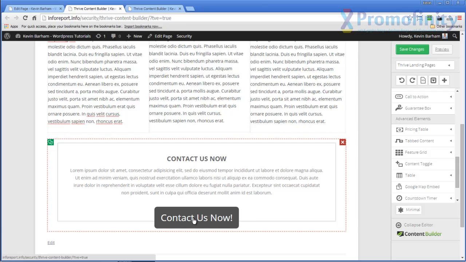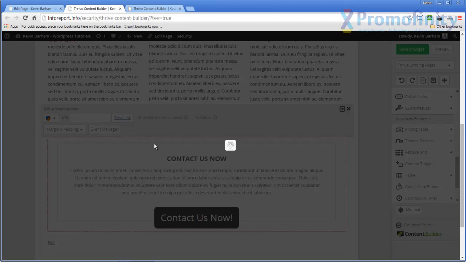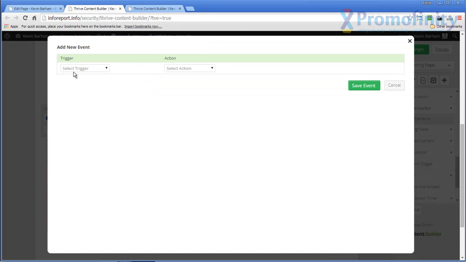And then we can link that, the URL of the page we want to go to, or we could use a lightbox. And let me just show you that. Rather than actually linking to an event, we could say on the event manager, add an event, and we can tell it that we want it to, on click,